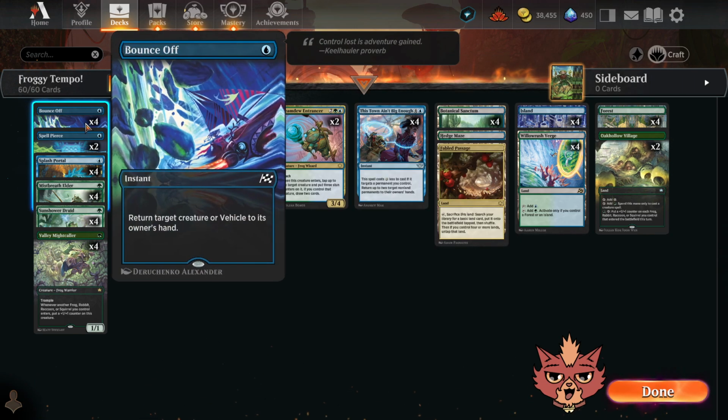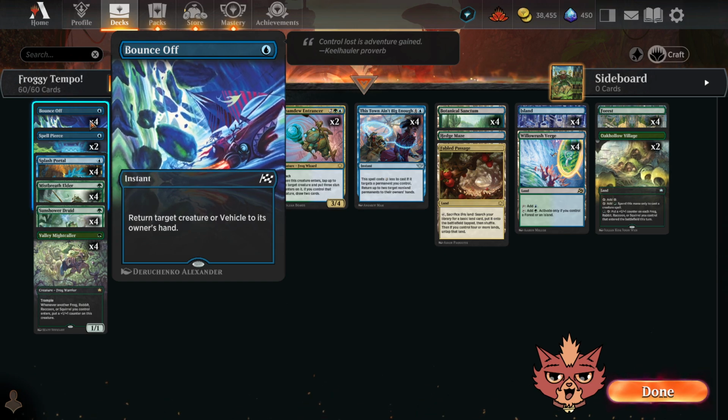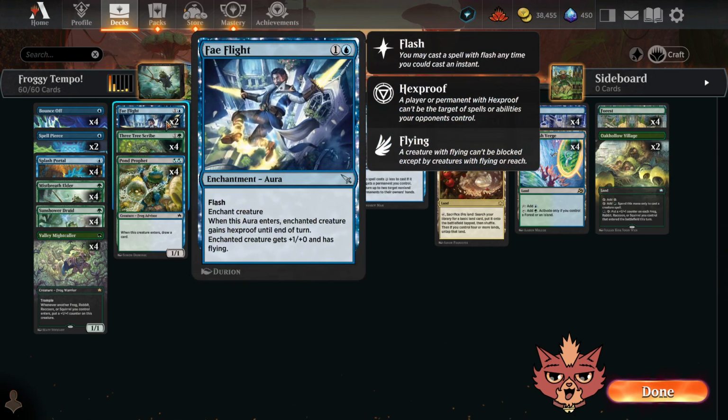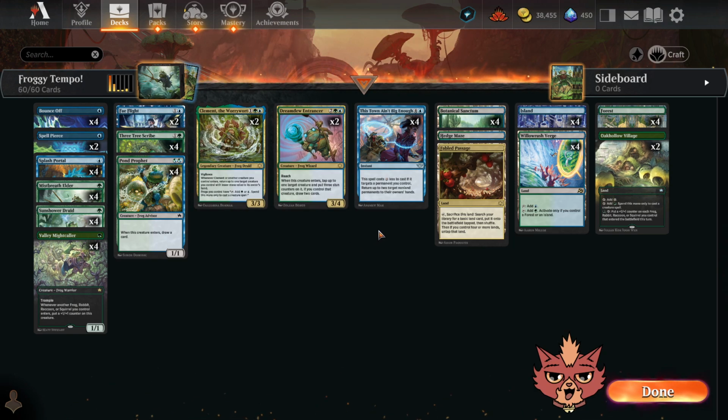that's fine because you're going to want to keep blue open often for your bounce off, for your Spell Pierce and stuff like that too, for your protection spells. Fae Flight. So happy that I saw Fae Flight do the thing at the end there. That was so cool. Having exactly lethal damage against mono white. Excellent stuff, man. We could make the argument that I got lucky that we didn't run into a board wipe,